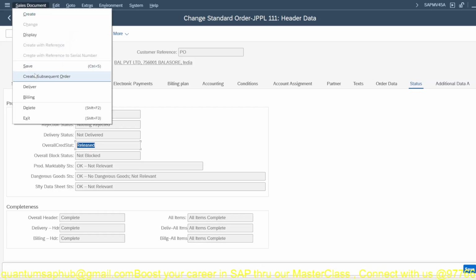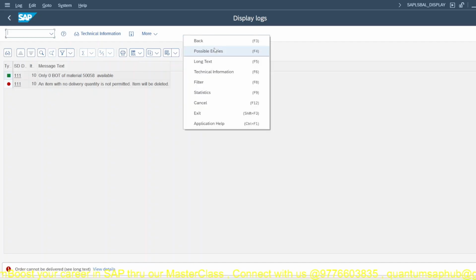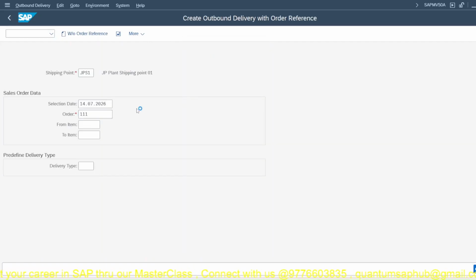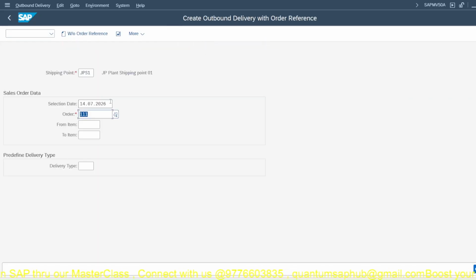So you can create a delivery. Here, since the stock is not available, it is not able to copy the line item. Okay, so that's right. But you are able to add. Otherwise, there would be an error. Okay, so anyway, thanks for your time and learning this credit management session, and hope you are clear on